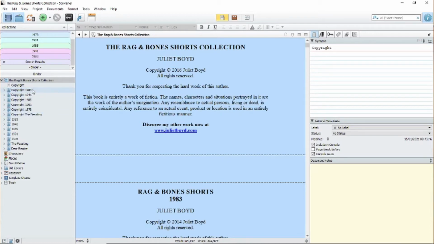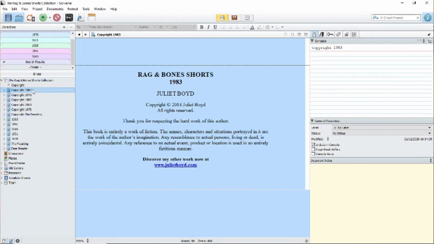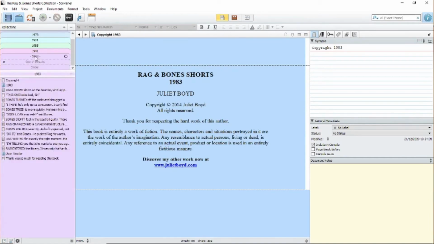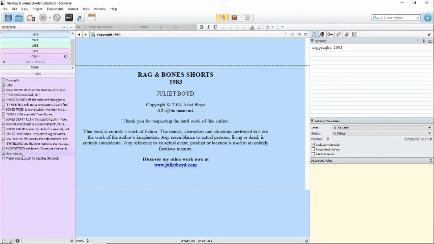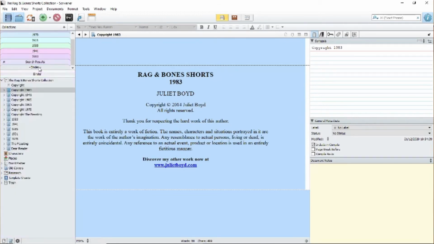The reason I put them in a folder is so that I know which one is which, so I can put a date on, but I've only taken the file within that folder into the collection. I've also added the back matter, which will pretty much be the same for all of the books, I think, at the moment. I'll also have to have a separate cover for each of these files for when I produce them. At the moment I've only got the one in this Scrivener file.